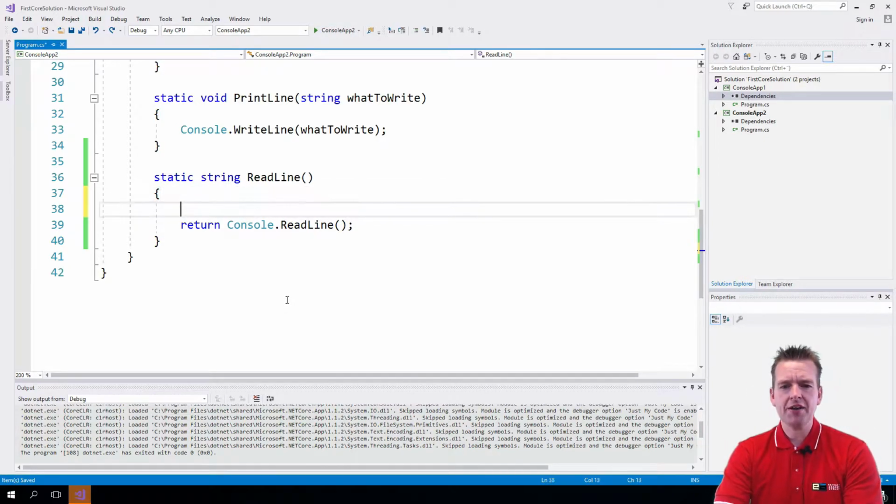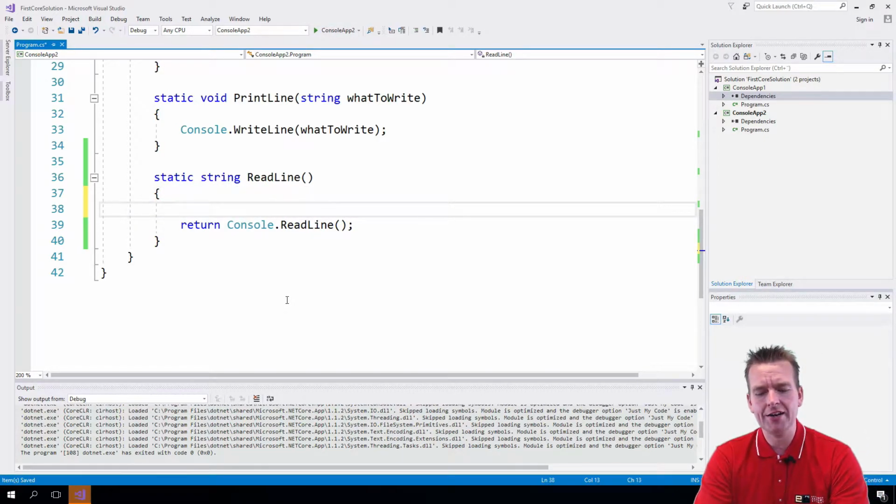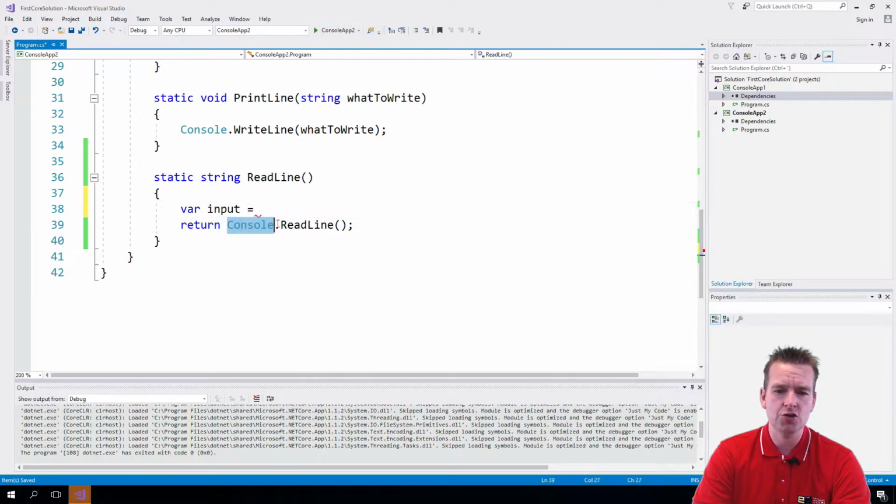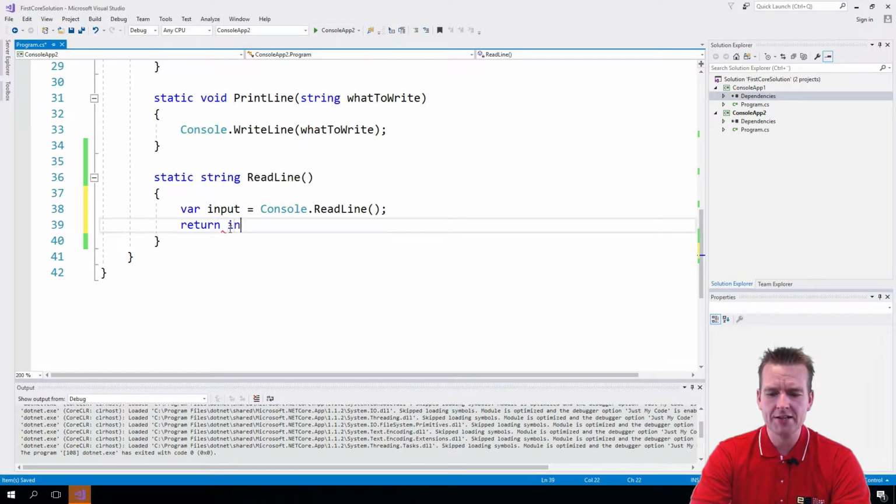This is not a big thing, I know that, but I just want to recap some of the things we already learned, like var, for instance. So I'll make a var here and I'll make it into an input, and there I'll read my console line into this one like this. And then instead of returning the console line, I'm actually going to return the new variable I just defined